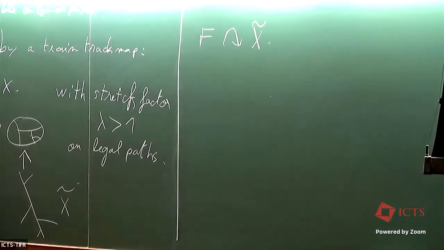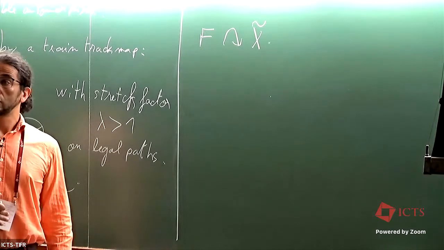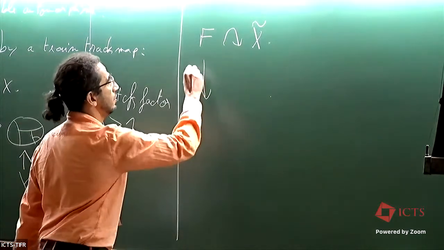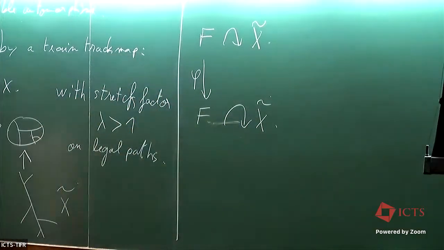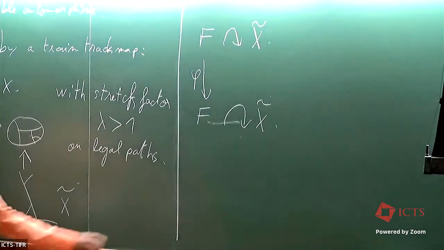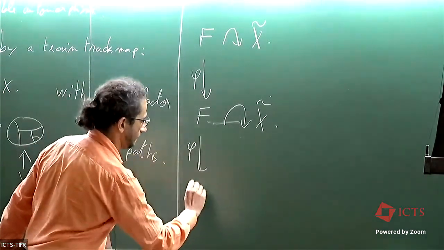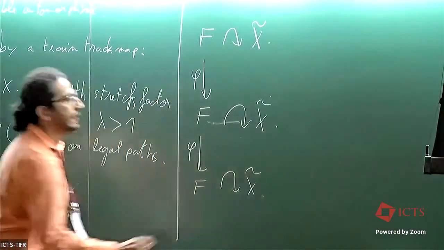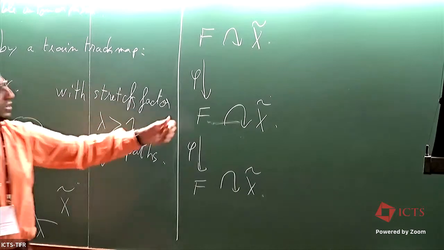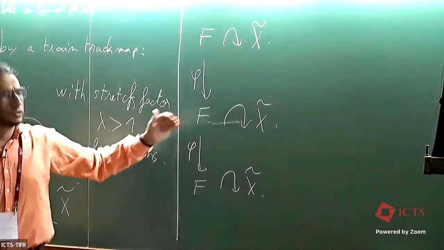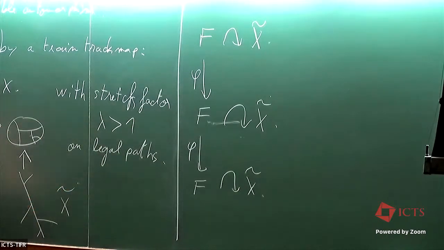But now I have this automorphism, and I can precompose by the automorphism, and I get a new action on X tilde. And I can do that another time, and I get a sequence of actions on X tilde. And each time, look at an element given by a legal loop, it gets larger and larger and larger. This one I know it will grow. So I have an element, my preferred element perhaps, and in each action, it gets larger and larger translation length